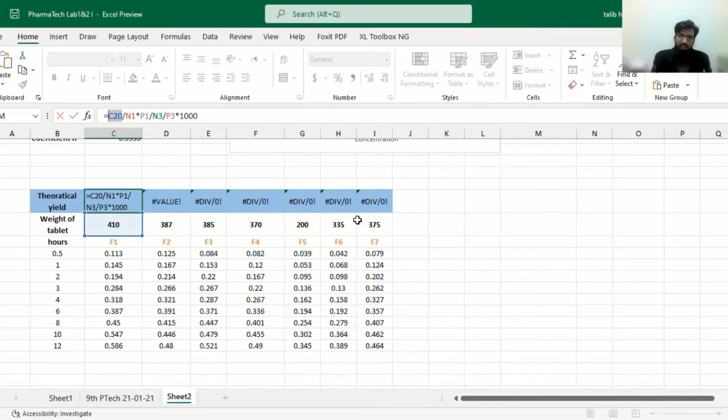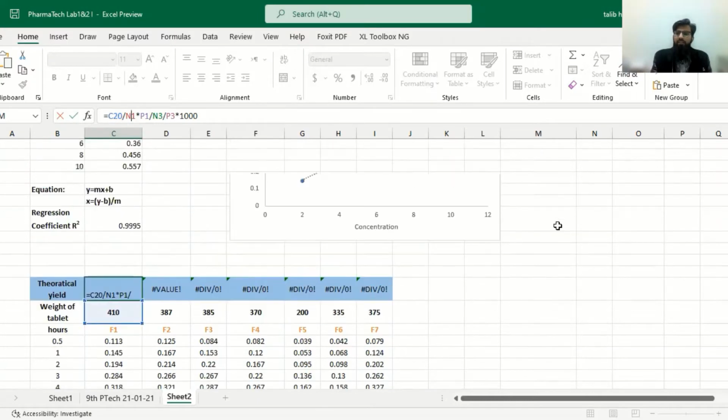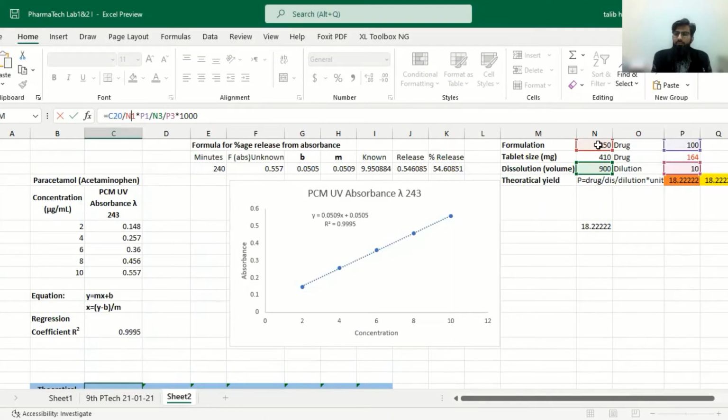If we have to drag it downwards, then it will go to the next one. For downwards, we have to fix it also. For example, for the next formulation, we have written it on the right side, so this one should not be confined. If we drag it on the right, it should transfer from C to D to E to F to G formulation. The value N1 is actually the size of the formulation which was designed. So it should be fixed.